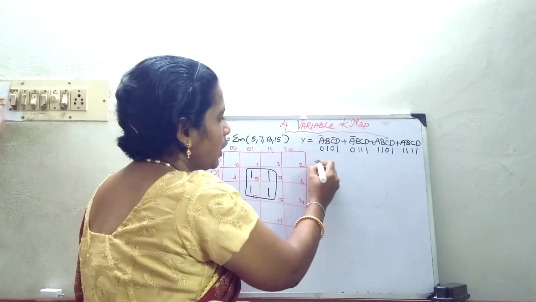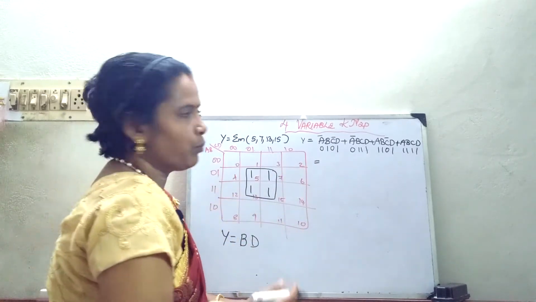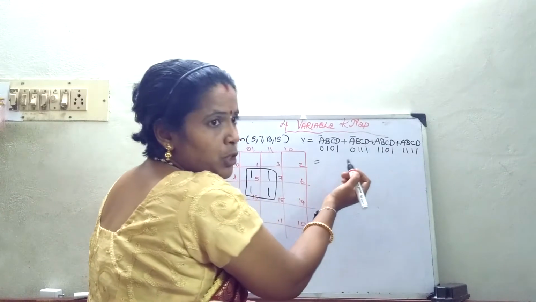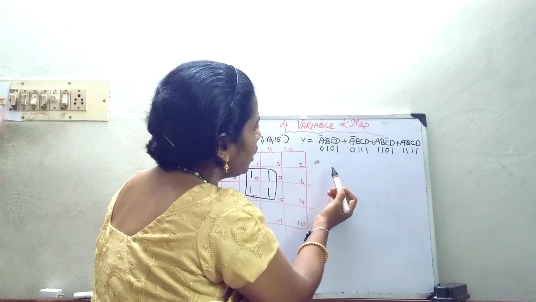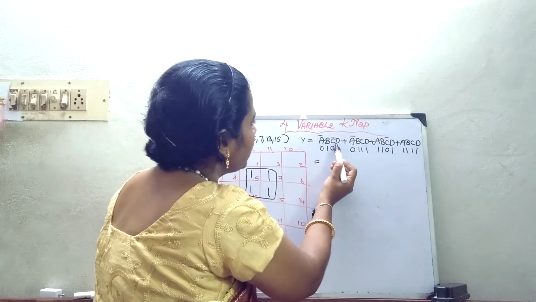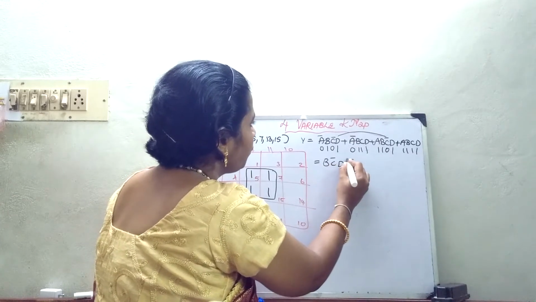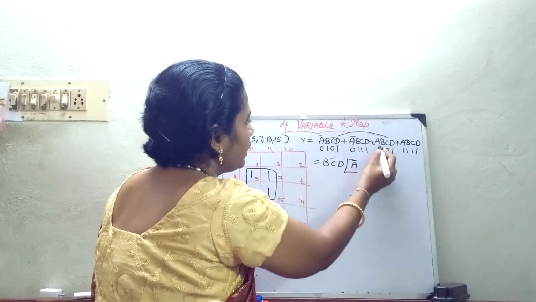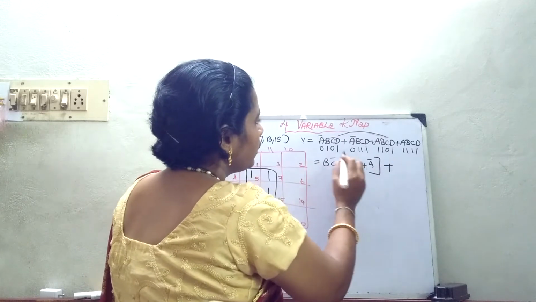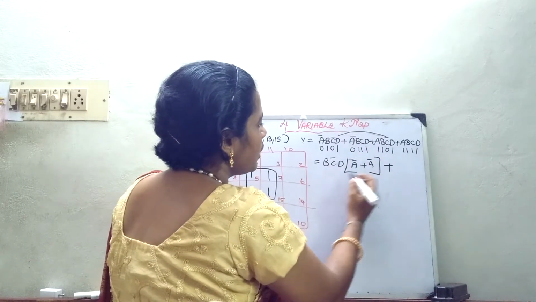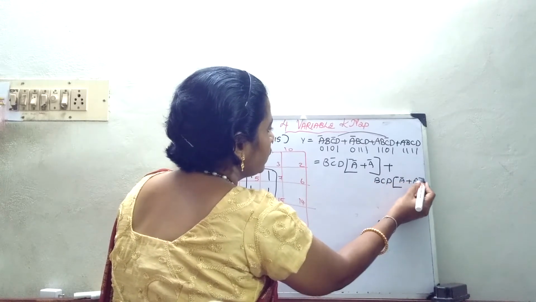Now let us see how this works with the K-map and with the Boolean expression. In a Boolean expression, you take the common terms and apply the Boolean laws, right? So what are the terms which are common? B, C bar, D. I think the first and third terms have the common thing B C bar D, with A bar here and A here. Then, if I combine these two terms, BCD is common, and it becomes A bar plus A.